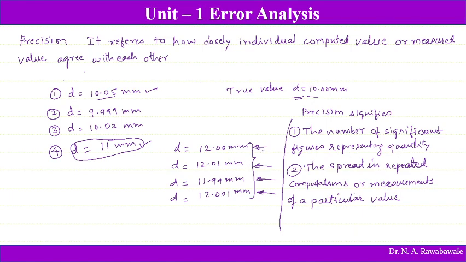So here, however many times you measure, the results are the same, and the spread in repeated computations or measurements of a particular value is small. So these answers are very close to each other, and maybe you have measured n times and the same results are repeated. And these concepts can be illustrated